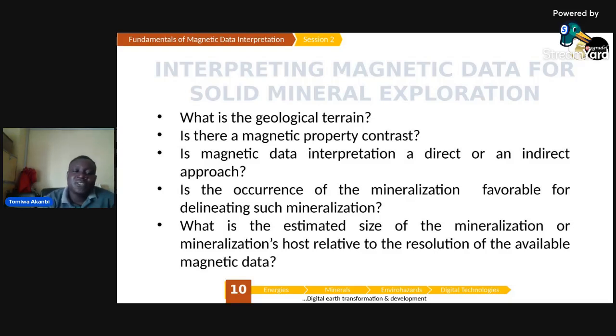Are you working in the crystalline environment? Based on the answer to that, you can start thinking whether magnetic data will be useful for me. Take for example, if you are working in a sedimentary terrain, you may not really see much magnetic variations because you're having a thick pile of sediment that is basically non-responsive to magnetism, and then they are overlying some crystalline terrains, which are deeply seated in kilometers, and then if you fly across or walk across such an area, at